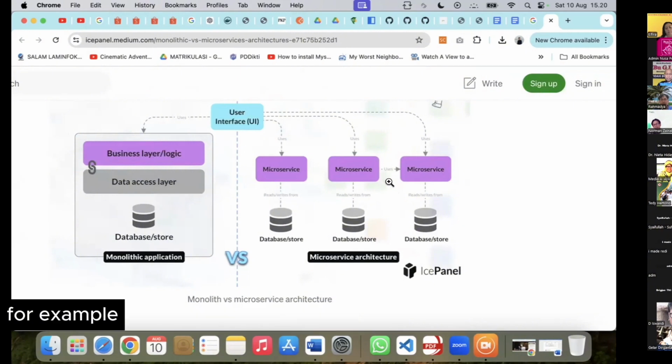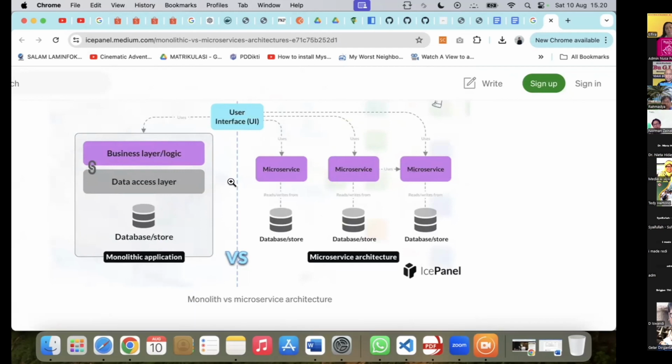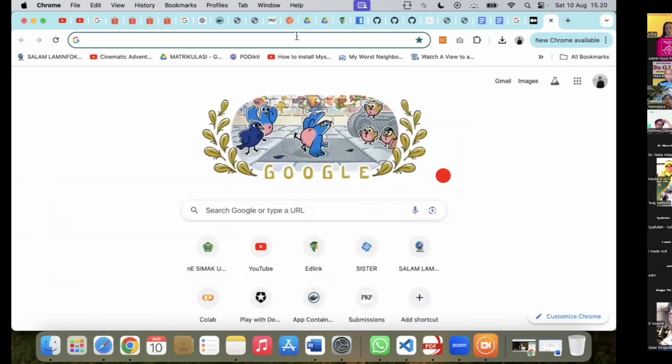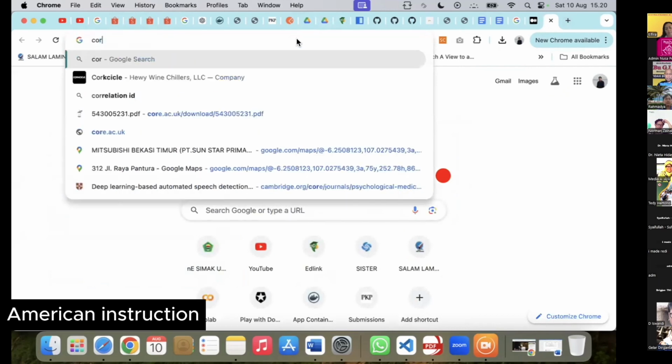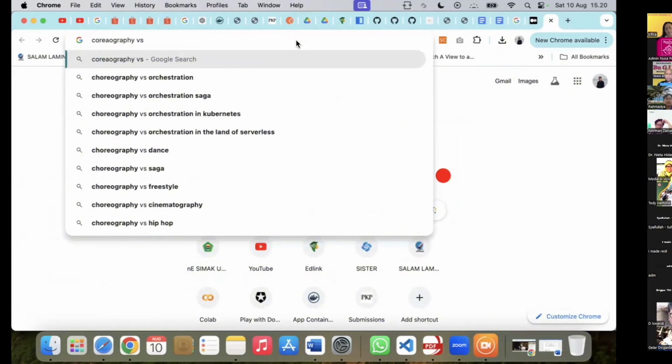For example, if there is a request, then the manager will respond. But sometimes there is some module that not only receives but also gives instructions, automatically giving the instruction to the order table.